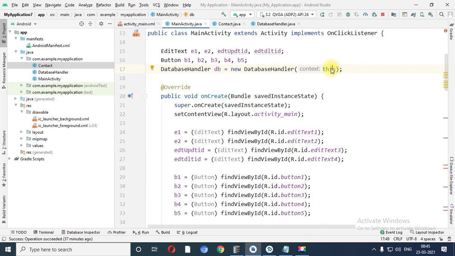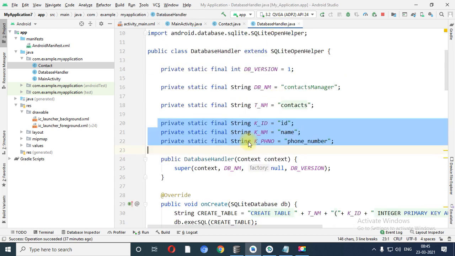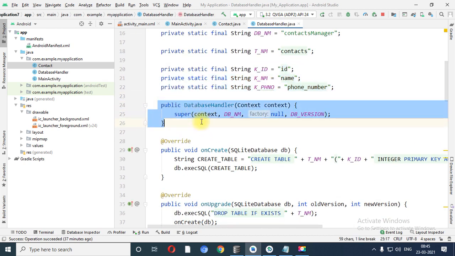This means current activity. So when you create an object of any class, at that time the default constructor of that class is executed. But remember, over here I have passed one argument, right? So it will execute this particular code. See, database handler, this is a constructor, and a constructor is automatically executed when you create an object of that particular class. Let me repeat this once again.